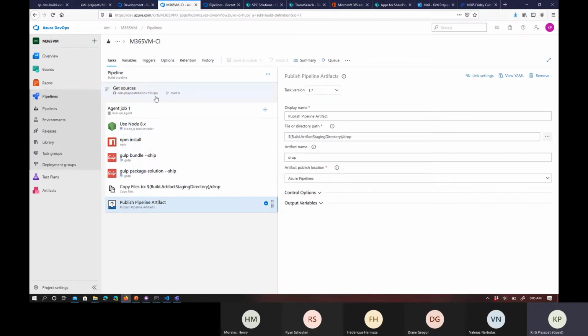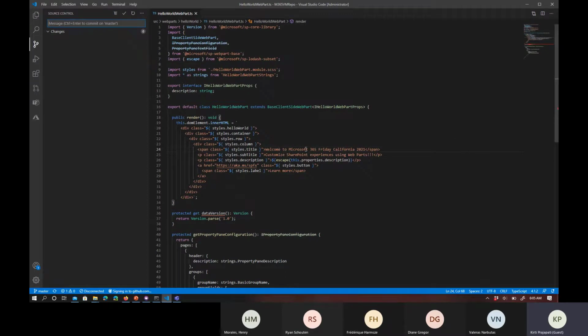Once this is successfully completed, I will be able to see everything in my release. Right? So let me jump into the code, and I'm just updating something here. Welcome to Microsoft 365 California, and I'm just adding, thanks for joining this session.